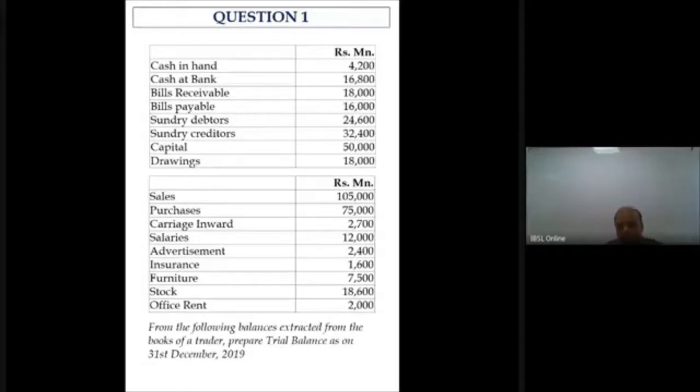Here, what I have given is just to make you understand how this trial balance works. But as we go on and learn more terminologies, the list of accounts and balances you will see in the examination will be totally different. So you have to keep practicing the accounting terms we are using. When we go further, new terminologies will come in that you need to familiarize yourself with. These are just basic ones.